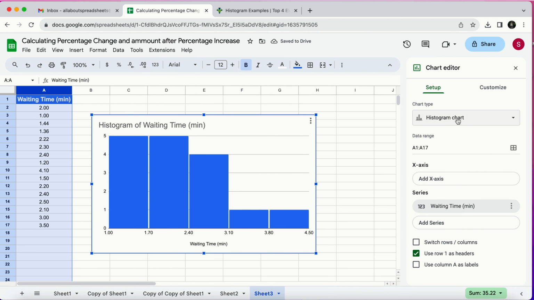And then you can see here the chart type that the system has automatically chosen for me is a histogram chart, but it might not do that directly. So if it doesn't, if it selects for you by default a bar chart, for example, you just come here